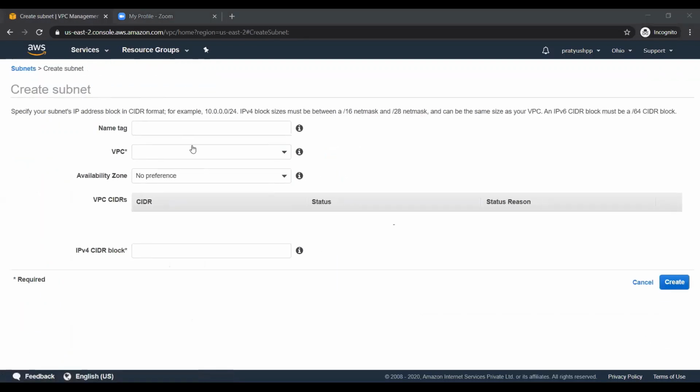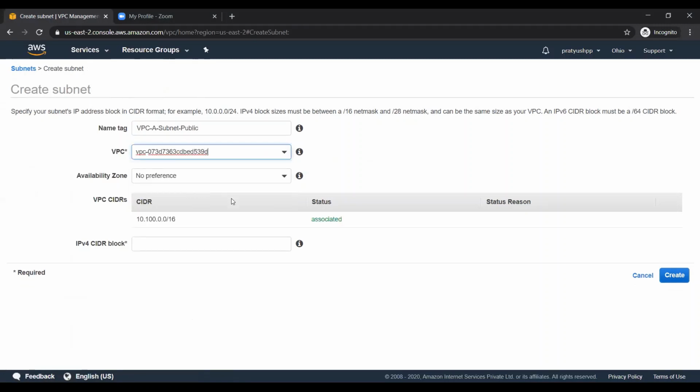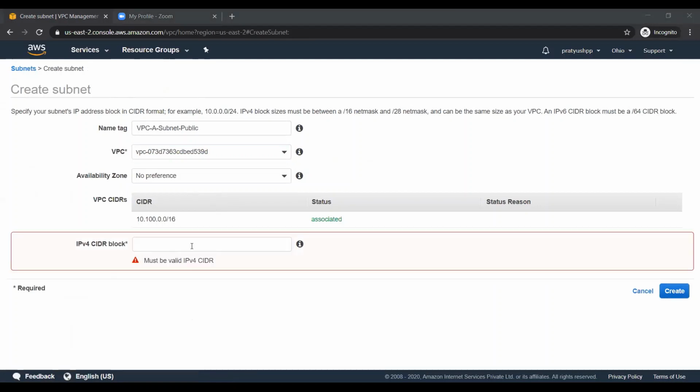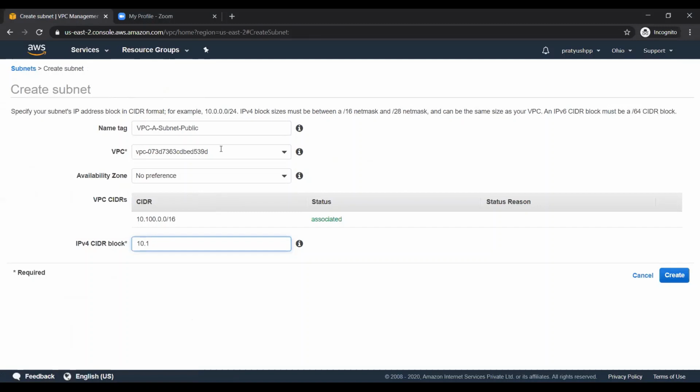I'll create one subnet with the name VPCA subnet public, and I'll give the VPC and the CIDR block 10.100.0.0/24 to the public subnet.